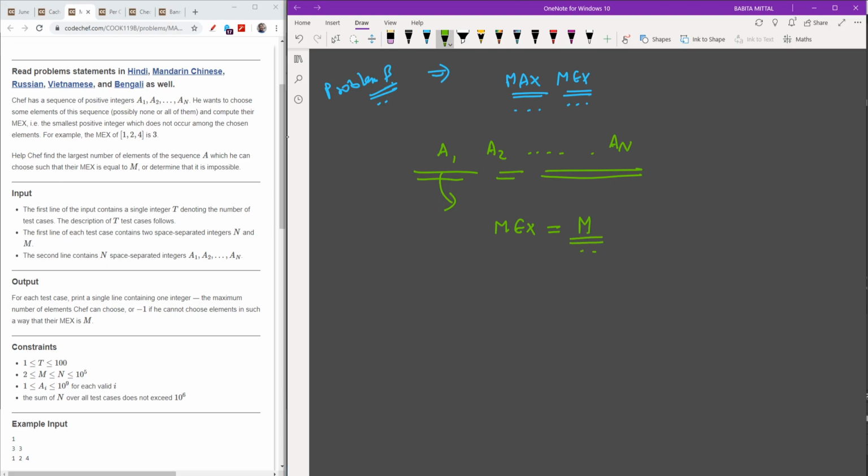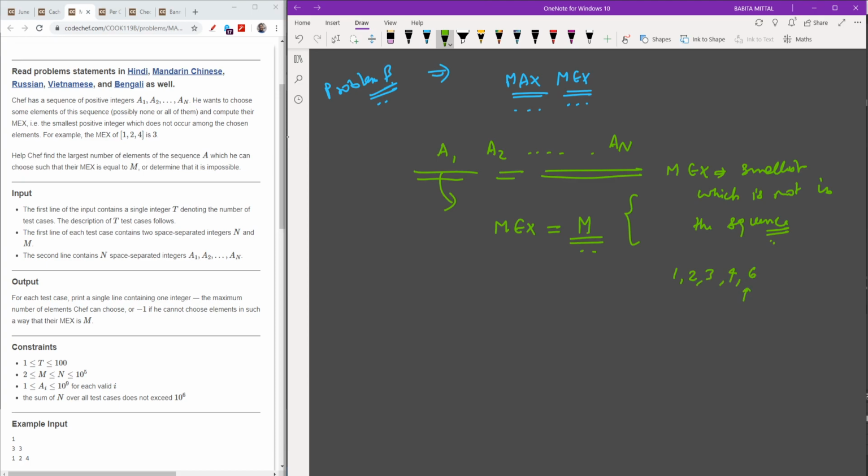Now, if you don't already know, MEX is the smallest value which is not in the sequence. What I mean by that is, suppose I have 1, 2, 3, 4, 6.